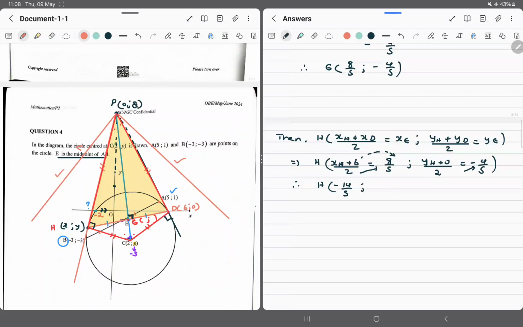And then we do the other one here. It's basically minus 4 over 5 times 2. So this is minus 8 over 5. Okay. That also is minus 1,6. So that point is below this point G. So that should be okay. And yet it's above the point C. So that should be okay. We can say then,